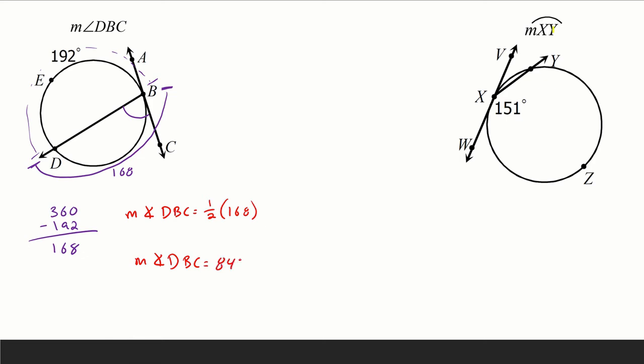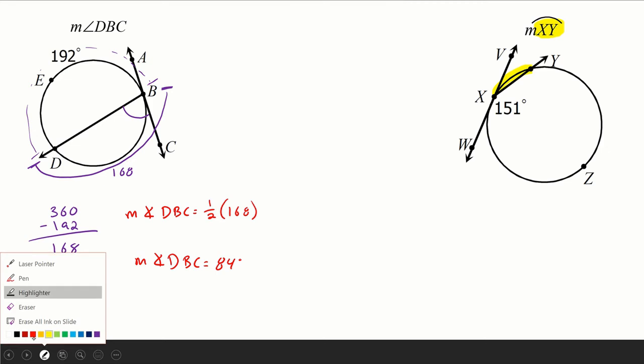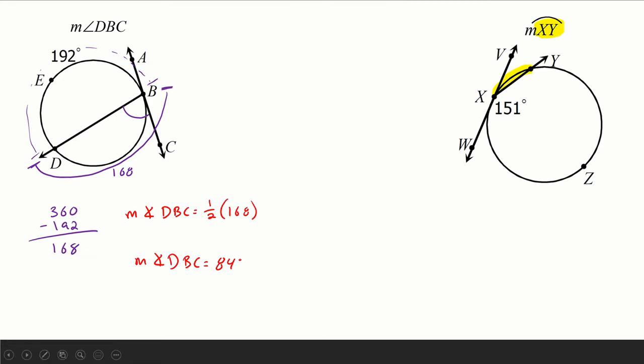And so for the second problem, we're going to approach it the same way. So they're asking us for arc XY. Arc XY is there. Now we don't know that one yet, and we also don't know the opposite arc. But what we do know is that angle in there is 151, and that angle is opening up to this arc out here. And so remember how they're related. So we can say that angle WXY, the measurement of WXY, is equal to half of the arc that it creates, which in this case is